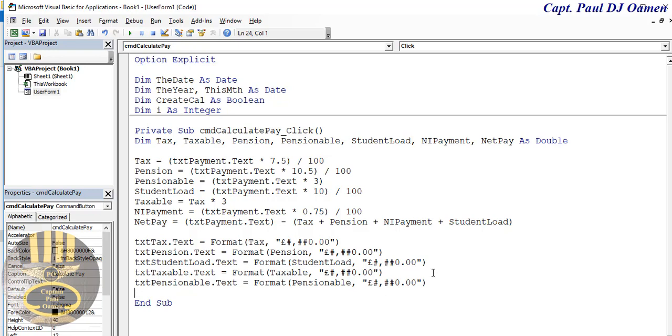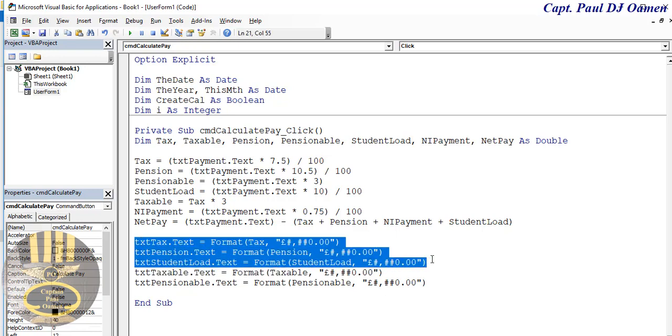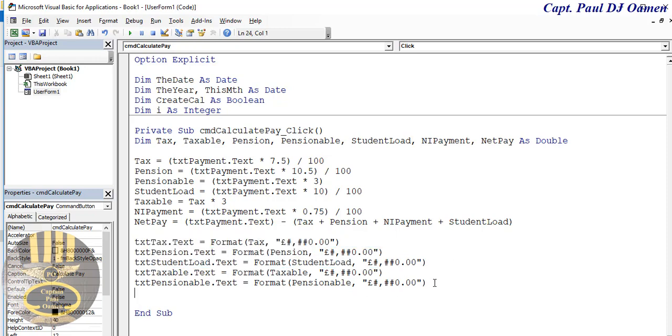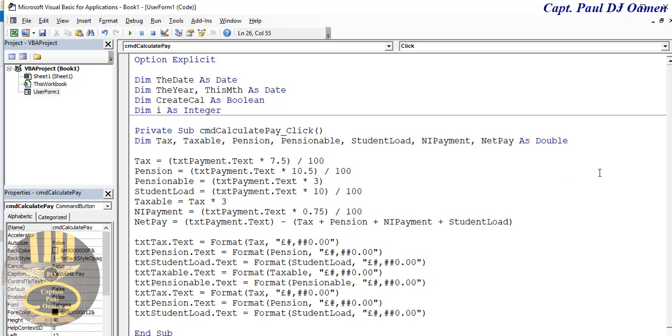Alright, so we have 3 more we need. Okay, let me copy this, paste this here, there. Now the next one is going to be NI payment. So txt NI payment, and this is NI payment as well. Right. Deduction. Okay, deduction. I'm going to make this separate as deduction,